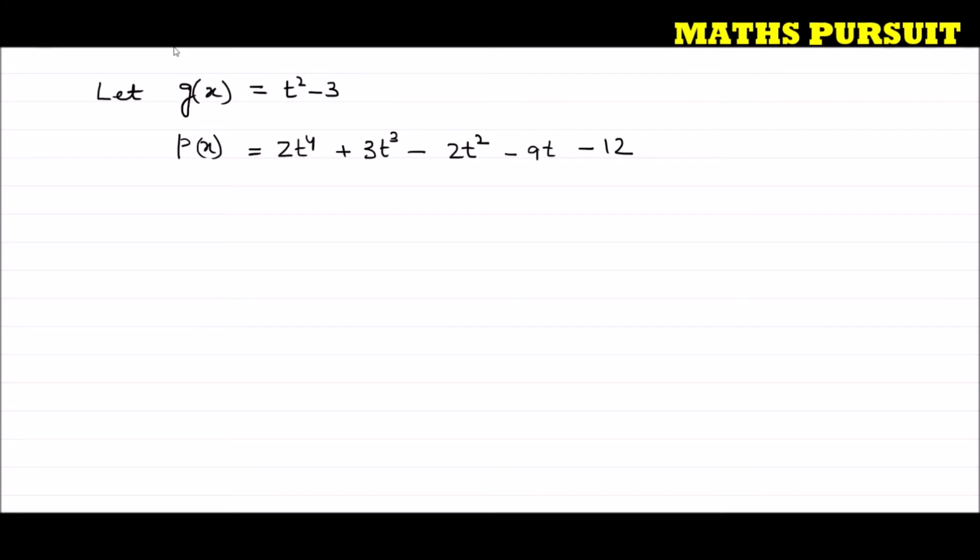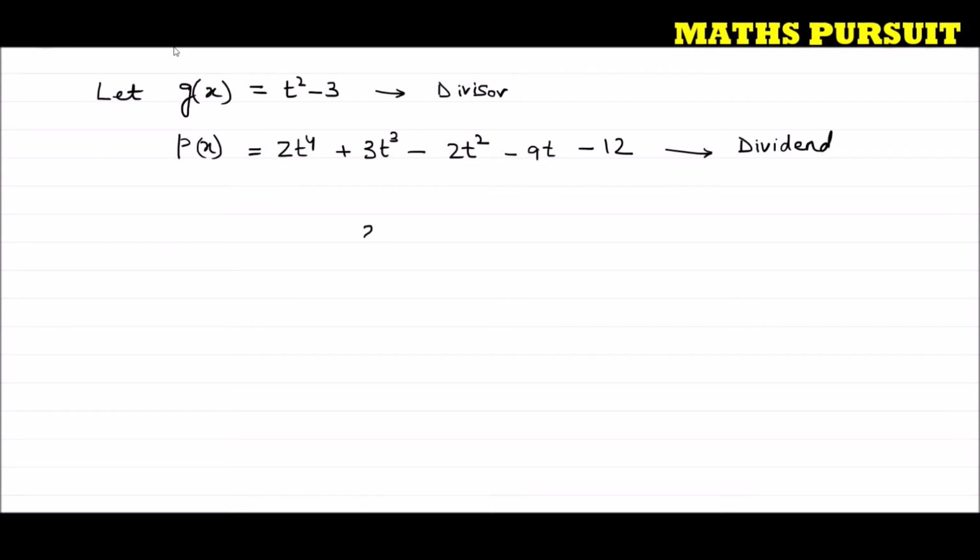So let's do that. And guys, we call this one the dividend. I believe by this time we all know this thing. And the polynomial that we are going to divide with is the divisor. So we are going to divide p(x) with g(x), or I can say p(x) upon g(x). So this one is the divisor. Now let us start our division and check whether it is a factor or not.